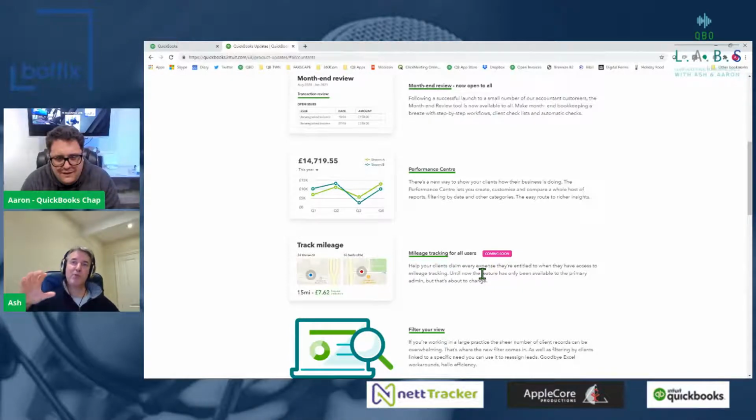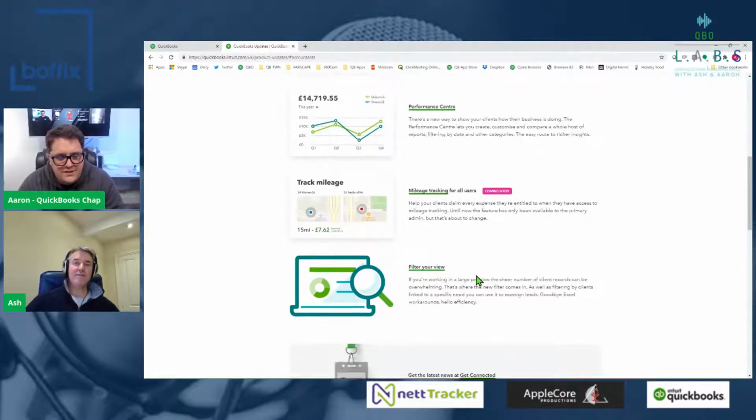I did also spot when I was logged in the other day a future availability of being able to upload a CSV file of recorded mileage. So that could be handy if you have been making a log of your mileage, maybe on Excel, and you wanted to upload it into QuickBooks. That's something that's on its way. And they've promised actual integration, haven't they, with the product in terms of being able to post the results, which will be a blessing when it finally comes up. So at the moment it's really just a note of how many miles you've done. To be able to convert that into a journal as well would be great.